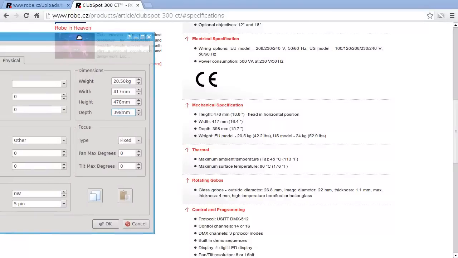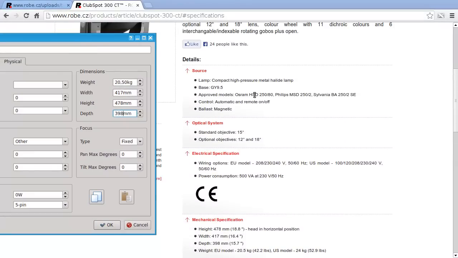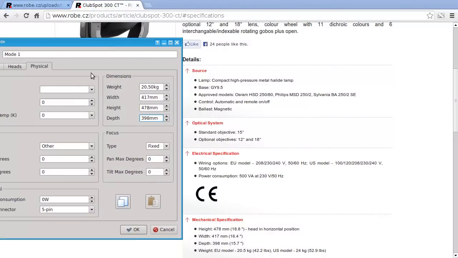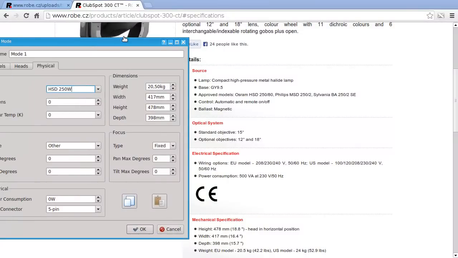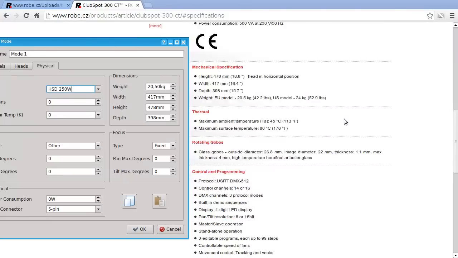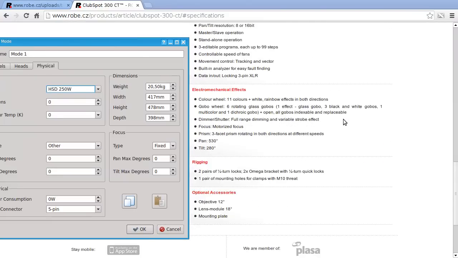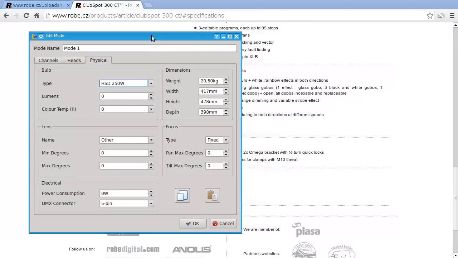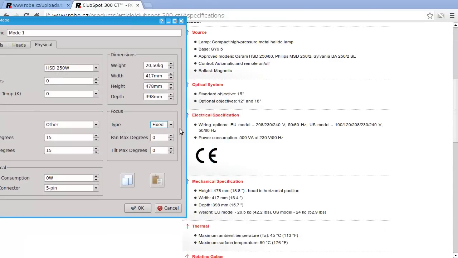Okay, the type of the lamp is indicated here, and it's an HSD 250. Here it is. If you don't find the lamp here, you can just write it. It's an arbitrary string. You can put whatever you want. Here we haven't got the indication of the light emission, so unfortunately I have to omit these two fields. Then pan and tilt,